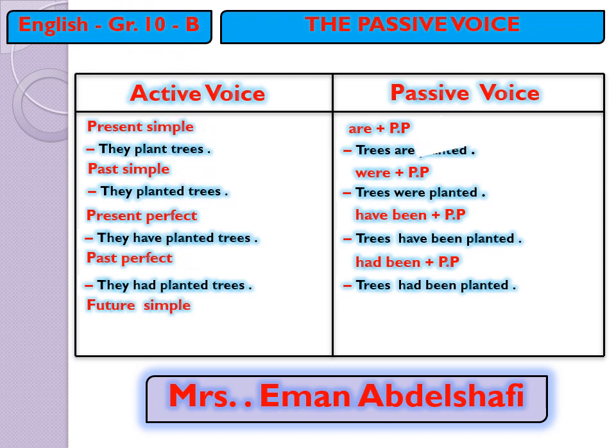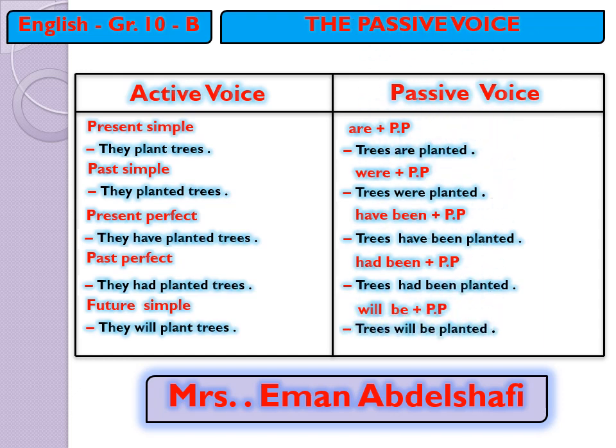Future simple with will: will be plus the past participle. They will plant trees. The passive: trees will be planted. One more